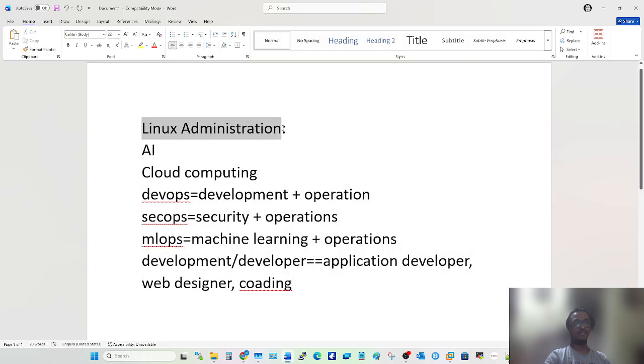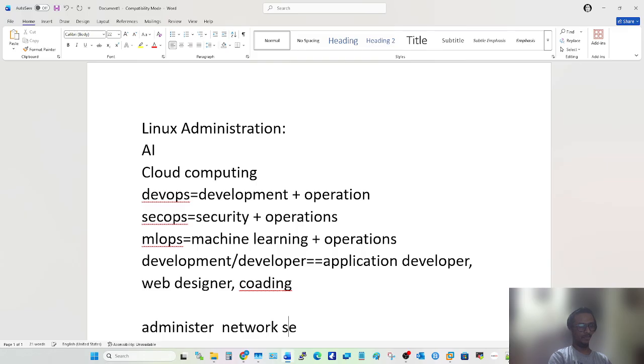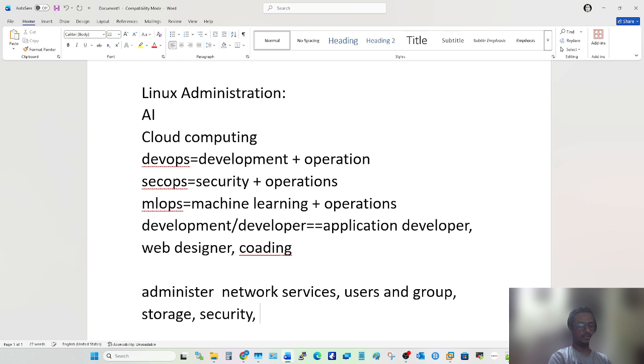So Linux administration is the course, and this administration part we are going to cover in the series: how you can administer the servers, technologies, services, network services, users and groups, storage, security, patching means update, and servers.